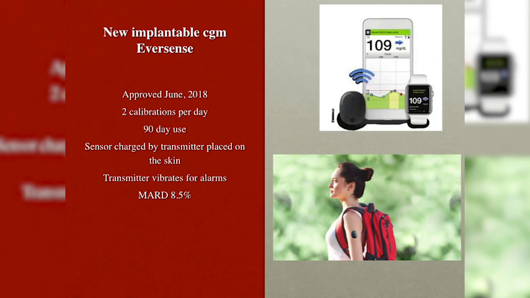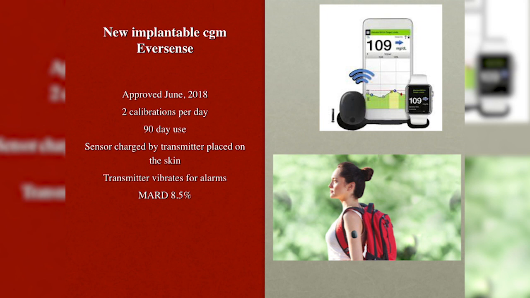It doesn't give you exactly any of the dose suggestions, obviously, because it's not approved for that, but it sort of gives you the pattern recognition. So some patients like it, but it hasn't been used that much. Again, it's just recently hit the market. So this is the newest device that just got approved in June of 2018.